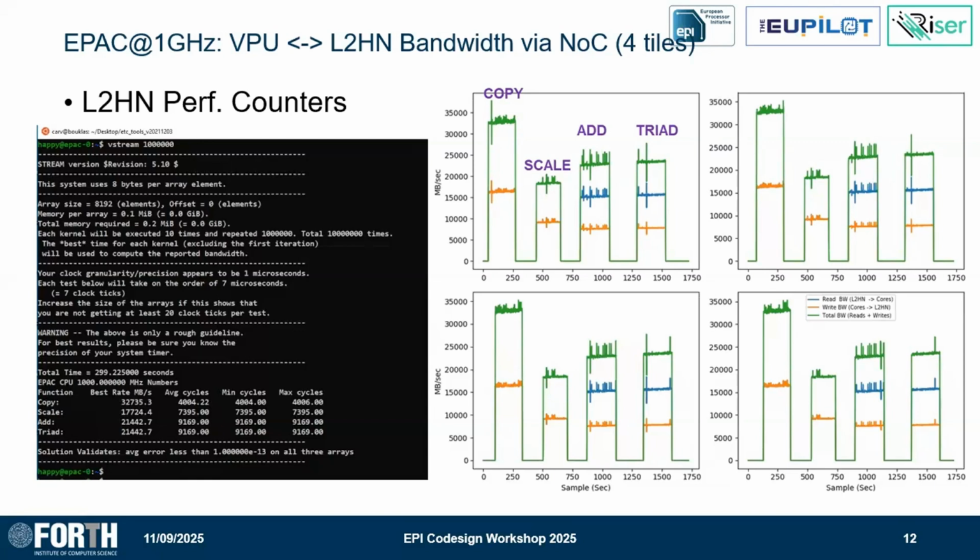And using performance counters, you can draw all these things from the memory hierarchy and get them live in our prototypes. Here you can see the behavior in terms of megabytes per second, so gigabytes per second. So this is the write bandwidth, this is the read bandwidth, and the aggregate is the green. Some of these things overlap, and based on the kernel, you see, scale does not work very well. What's the problem with scale? There was some particular problem not in the memory hierarchy, but with the implementation of scale. We could see this